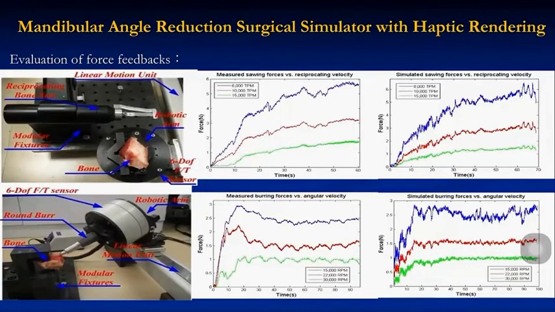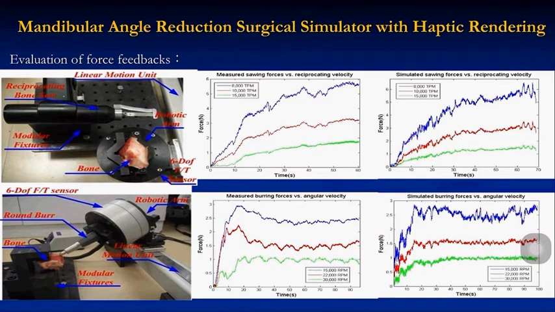So in order to make sure that our haptic rendering is realistic, we also construct a device for measuring the actual shearing force and also the actual bending force, and then compare the measured force with the simulated force. We can see that the profiles of these two are very similar, which means that the simulation is in fact quite close to the actual force that the user will experience